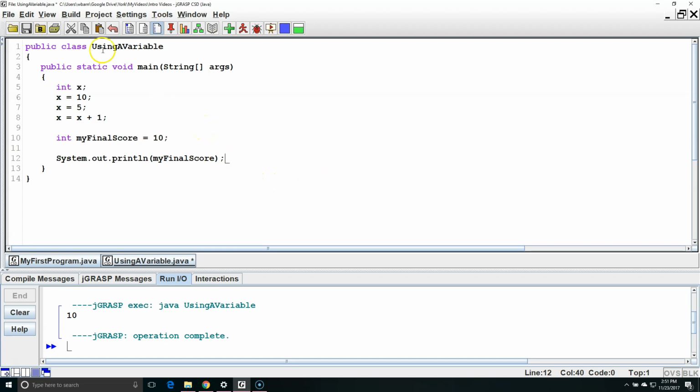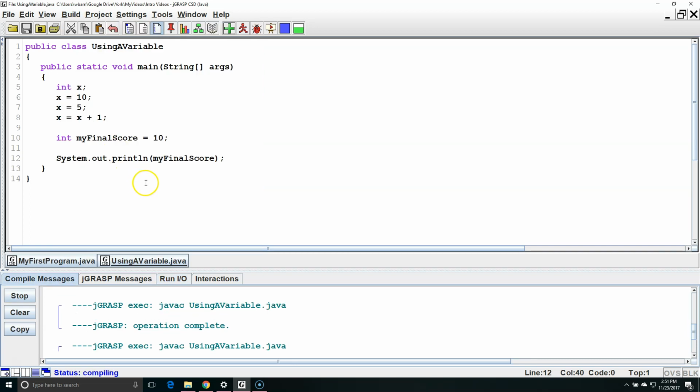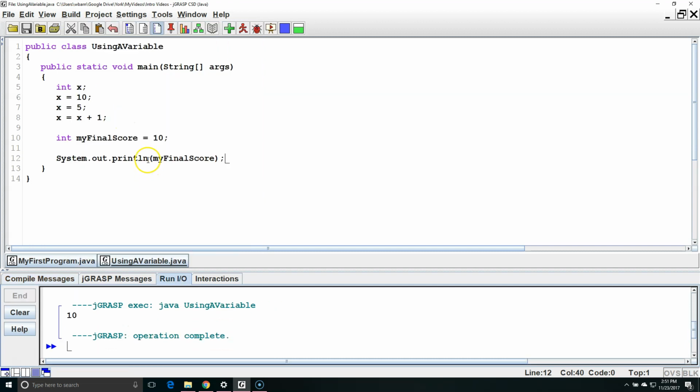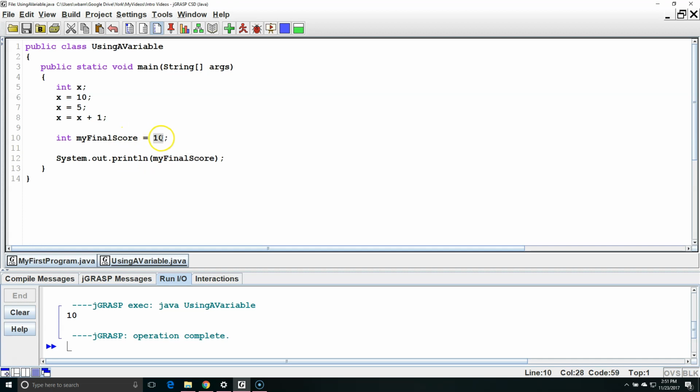Next, let's build it. We're going to go to Build, Compile. The compiler checked to see if it could find any errors and convert it to bytecode. So far, it looks like there isn't a problem, so we're going to run it. We're going to go to Build, Run, and it outputted the value stored in myFinalScore, which was 10,